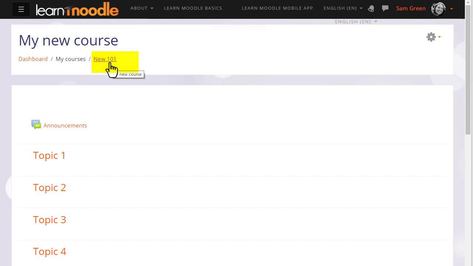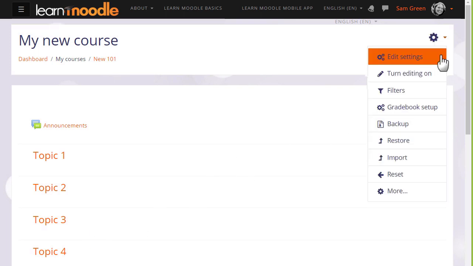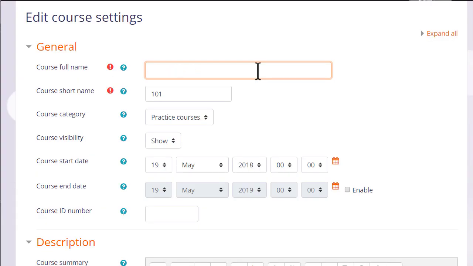You can also change the format, how your resources and activities are displayed. This course is in numbered topics, for instance, which can be renamed, as we'll see later. Many of the changes you can make can be done by going to the gear menu top right and clicking Edit Settings. This takes you to the setup screen of your course, where you can change, if you need